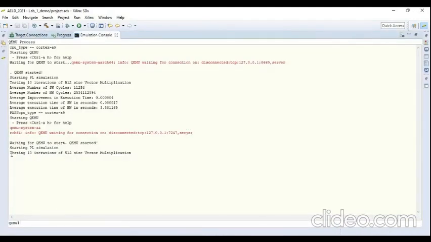Here you will get the output. Yeah, so here you can see that the output finally came.